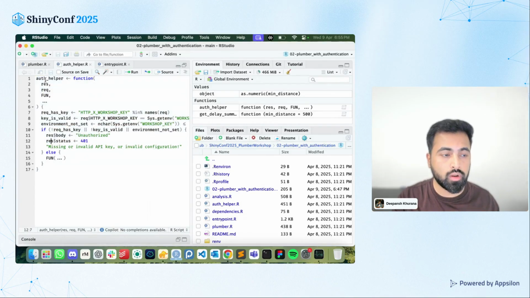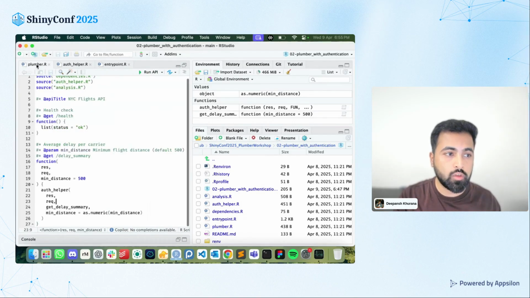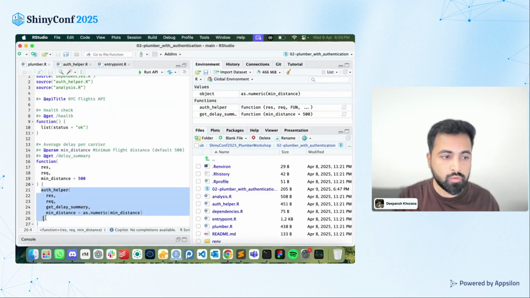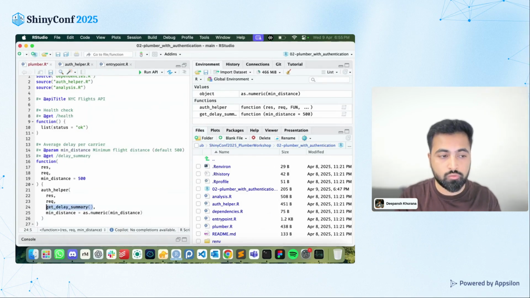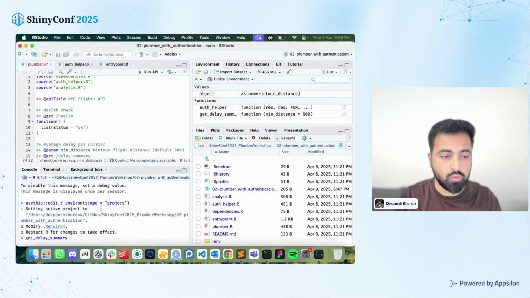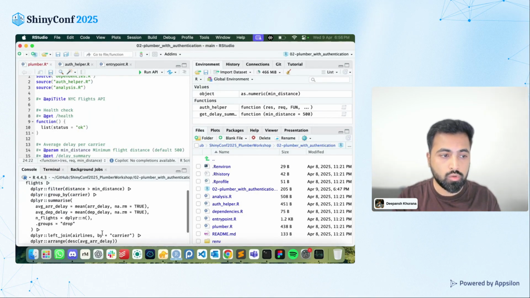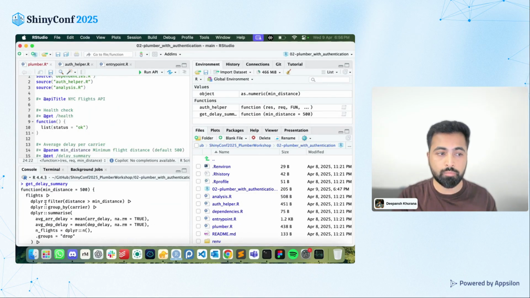But to give you more context on how this works, if you look at this auth helper, we have the response and the request. These are for Plumber. We have a function name. So again, this is not the function being called. The function would be called like this, but we don't put the parentheses, so we just pass the function. And if you just print it out here, you'll see that this is just the function that R is passing